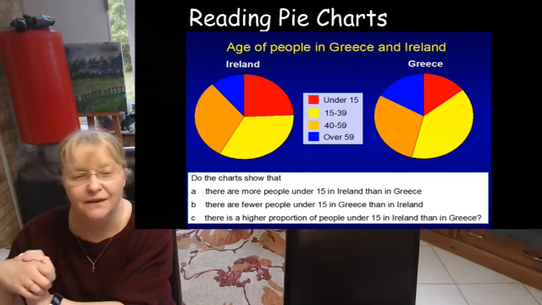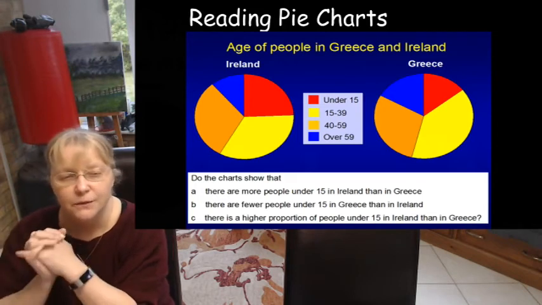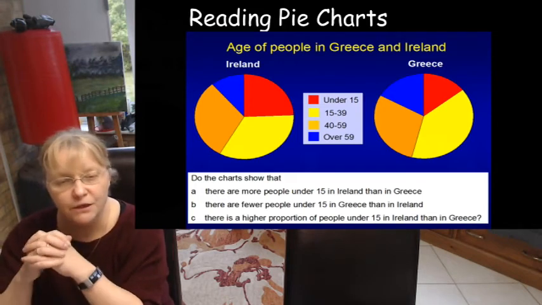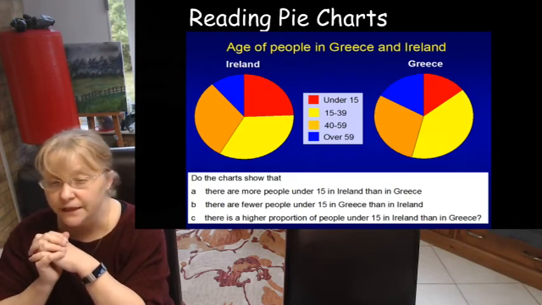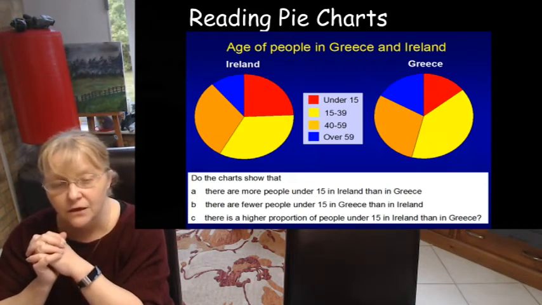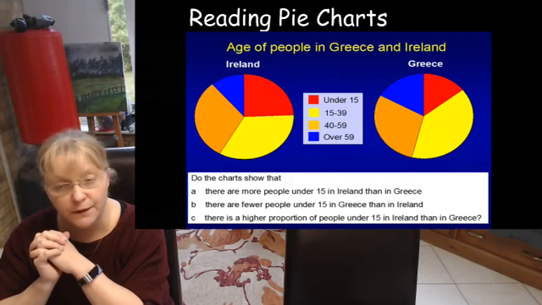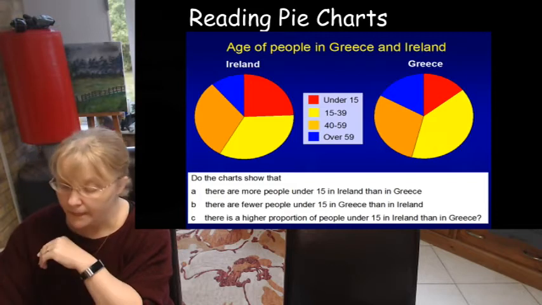Okay, welcome back. So, do the pie charts show that there are more people under 15 in Ireland than in Greece? There are fewer people under 15 in Greece than in Ireland? Or there is a higher proportion of people under 15 in Ireland than Greece? Hopefully,